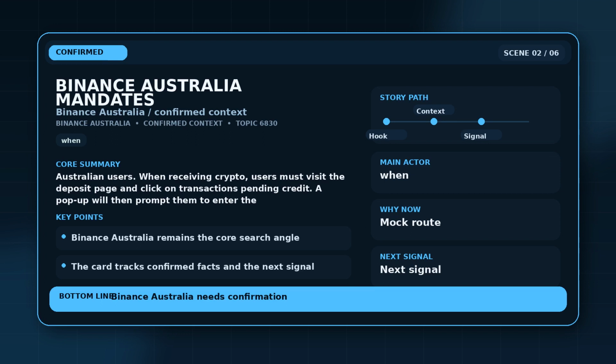When receiving crypto, users must visit the deposit page and click on Transactions Pending Credit. A pop-up will then prompt them to enter the originator's details, including a full name, country of residence, unique identifier, and city or locality. For outgoing transfers, users will see a pop-up after confirming withdrawal details, where they must enter the beneficiary's full name, country of residence, and city or locality. However, users sending assets to themselves on another exchange only